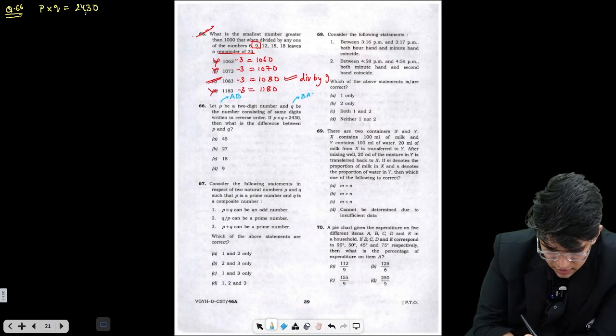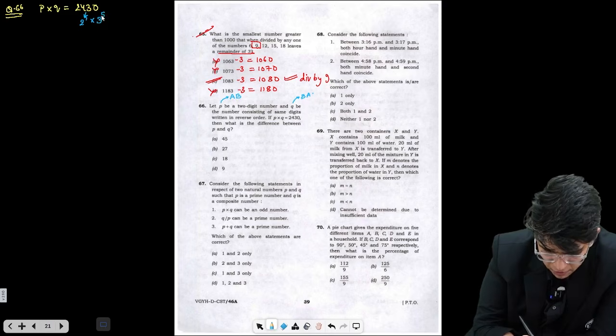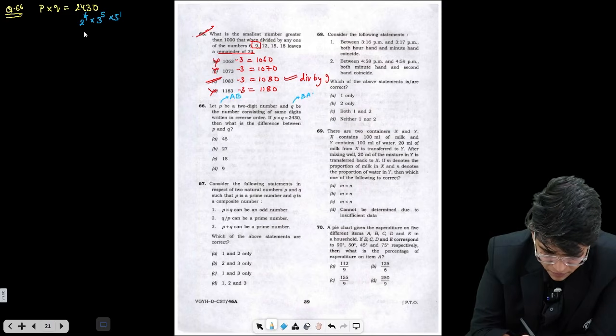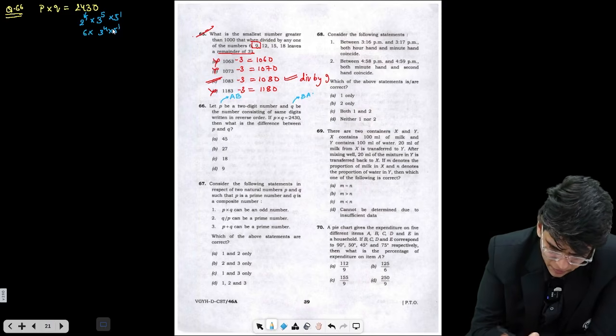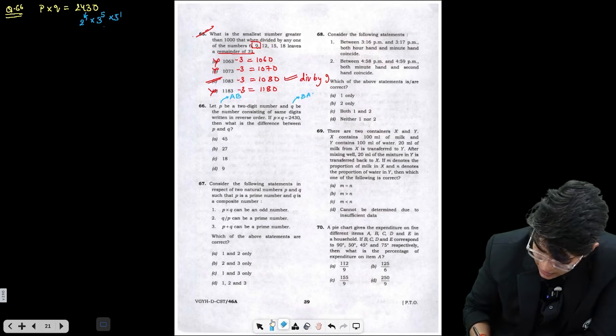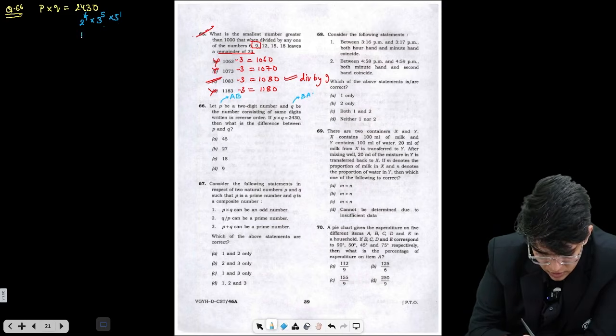Prime factorize this. This is nothing but 2 to the power 1 into 3 to the power 5 into 5 to the power 1. I will try to break this multiplication into two numbers in which I can find the digits reversed. Suppose 2 into 3, 6 into 3 to the power 4 into 5 to the power 1. We need a 2-digit number, so we can't start with this. We are getting a 2-digit number from 2 into 3 into 3, which is 18. So this is 18 into 3 to the power